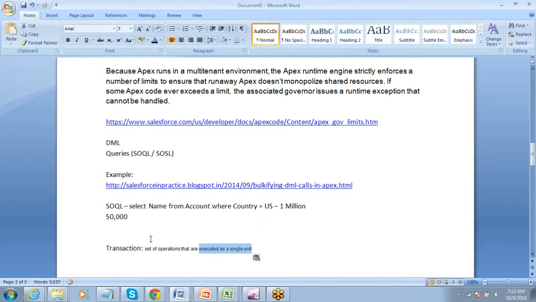So the set of operations will include what all things? It starts from when there is a DML happening, data manipulation, where either you're creating a record, updating a record, or trying to delete a record.